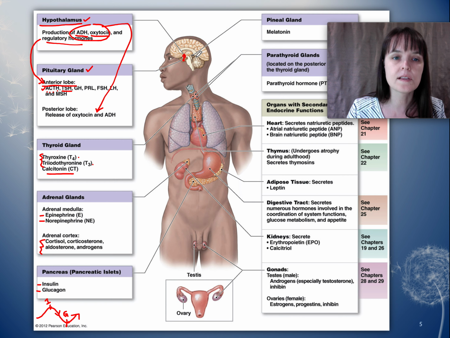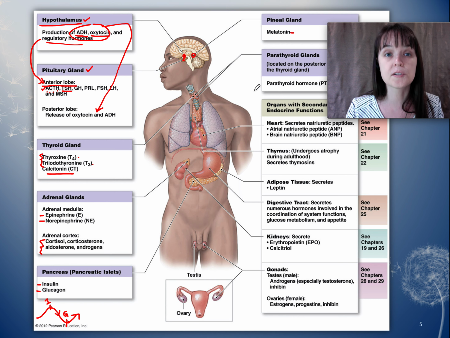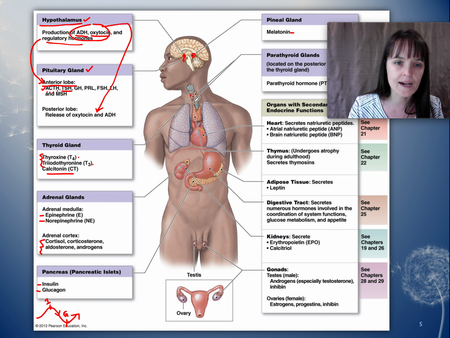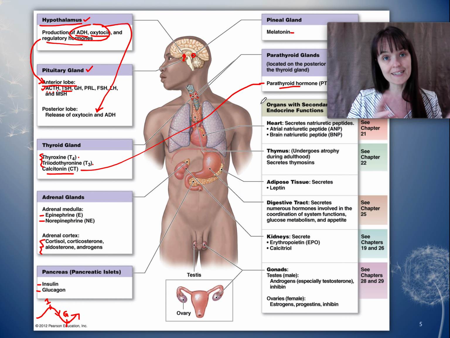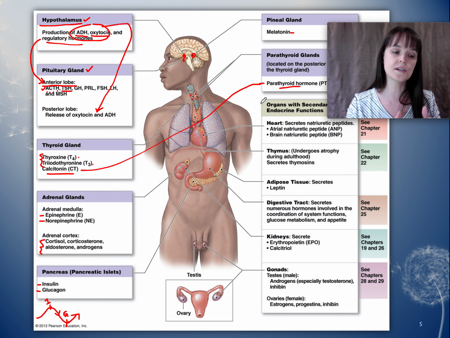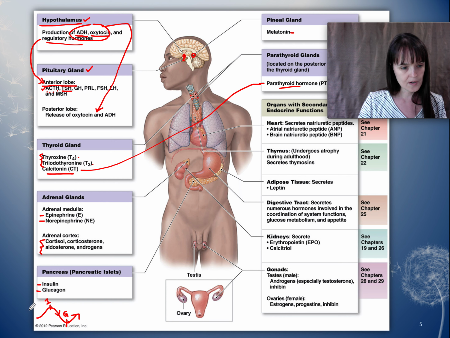The pineal gland right here in the brain makes melatonin, and you take melatonin when you're trying to sleep. Melatonin helps you sleep. And the parathyroid glands are on the back of the thyroid, and they release parathyroid hormone. The parathyroid hormone and the calcitonin together do your calcium homeostasis. Again, antagonists that work against each other to maintain your hormone levels in your